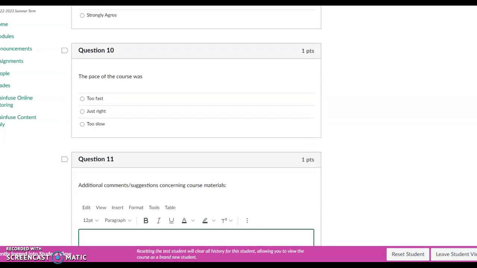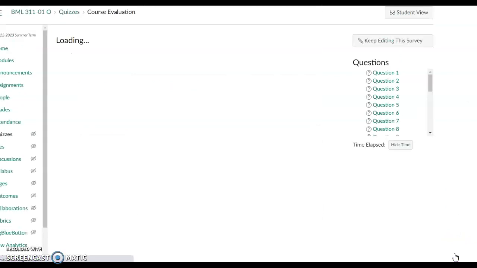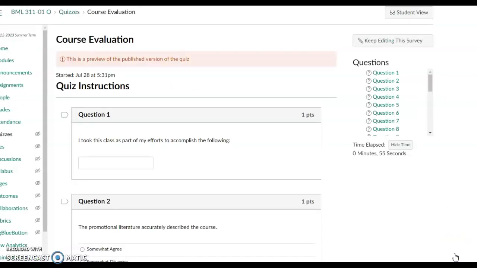At the conclusion of last week, when I converted my evaluation over from a previous course, the formatting was thrown off and did not keep the multiple choice format. This time you are able to select multiple choice. I am going to keep the course evaluation up so that everybody will complete it.